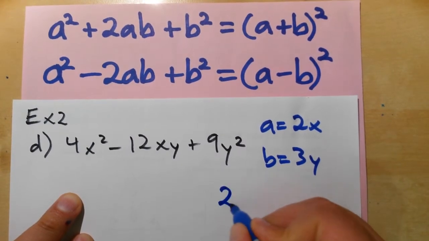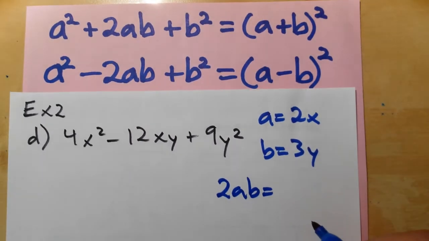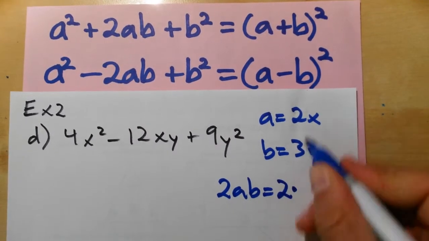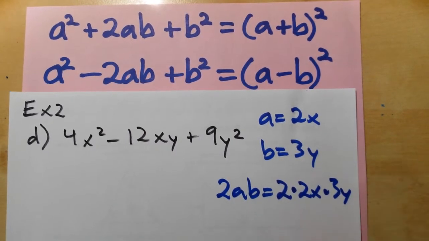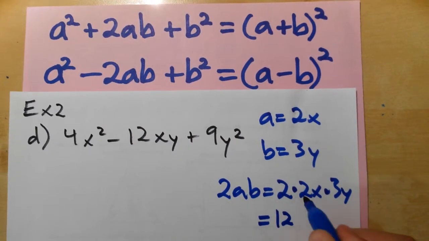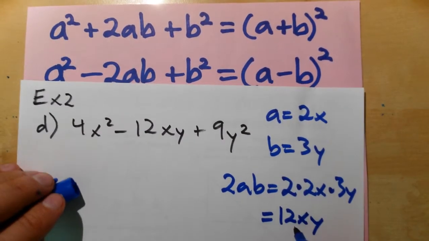Well, we have 2ab. 2ab will be equal to 2 times 2x times 3y, right? So 2 times 2, 4, times 3, 12, right? x times y, xy, right? And so this 12xy